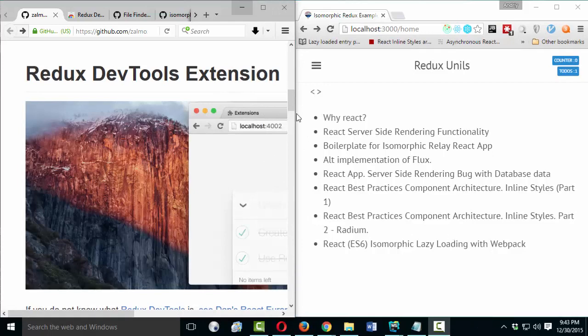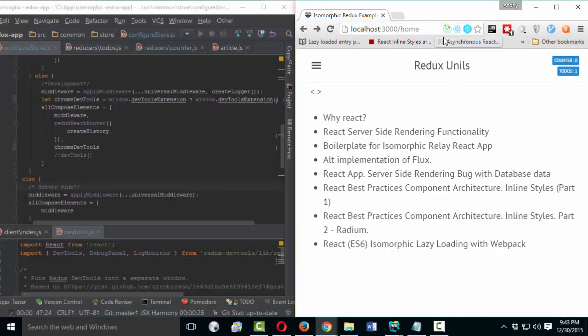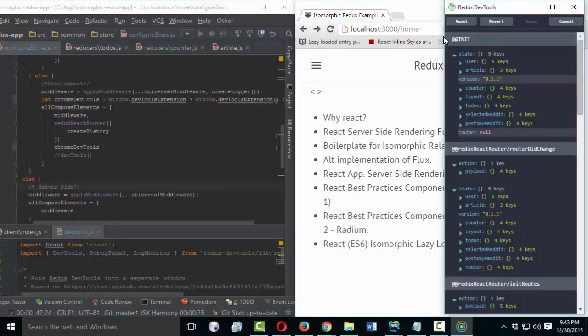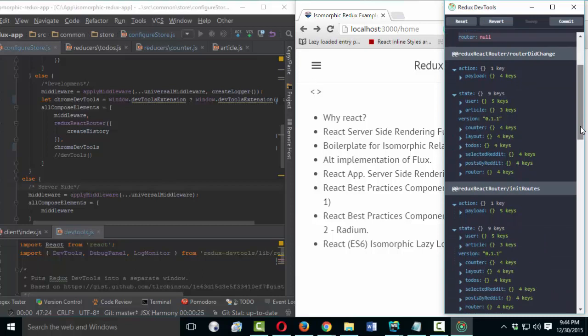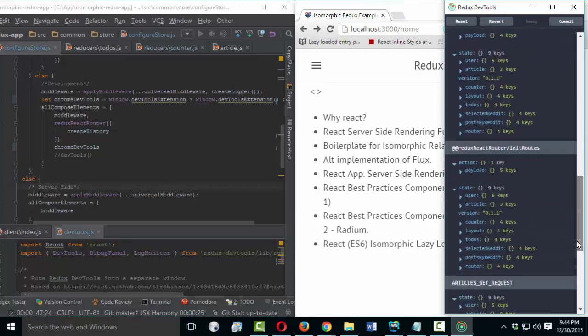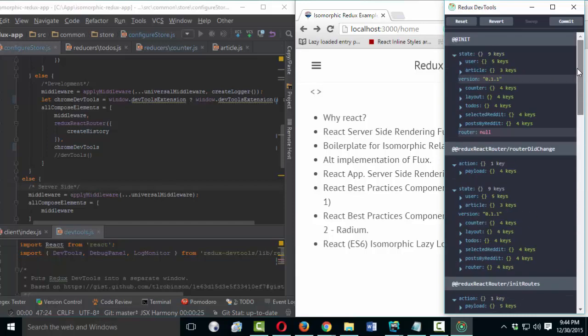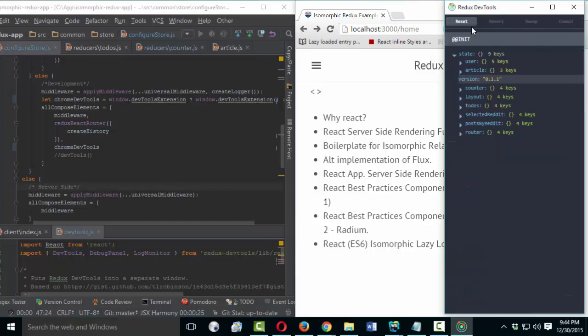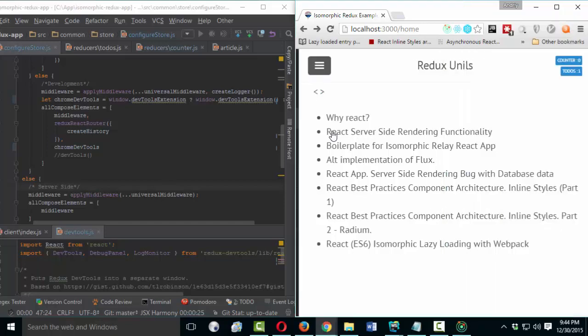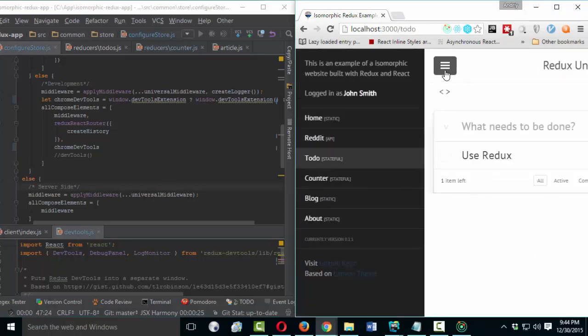My application runs, and then I click Alt-Shift arrow to open Redux DevTools, and you can see that from my home page I have many states recorded for me. It's better to commit. And then we start to travel, for example, to to-do.